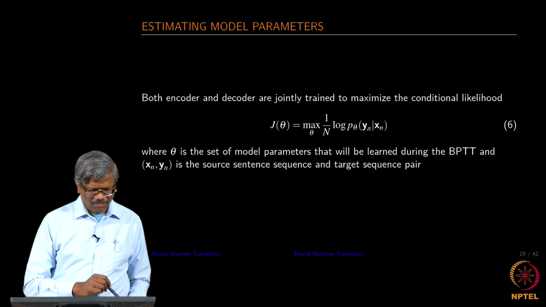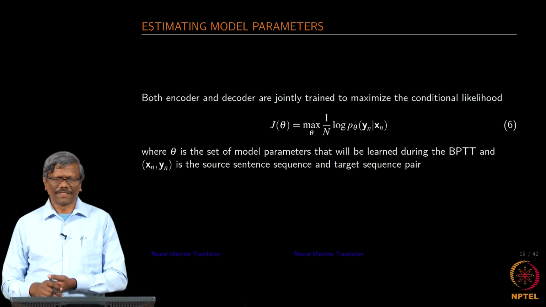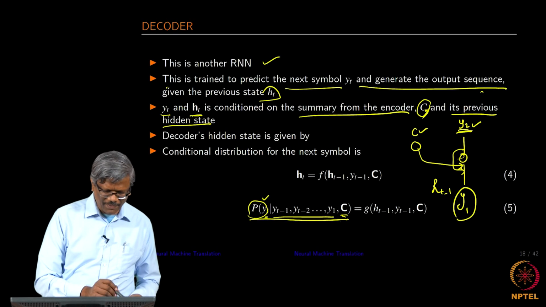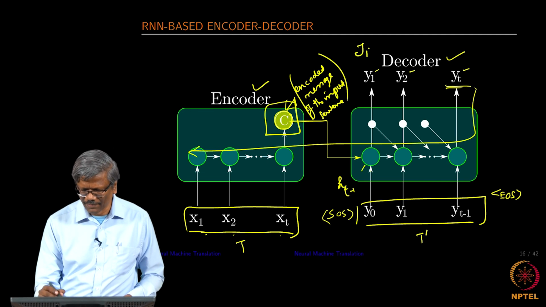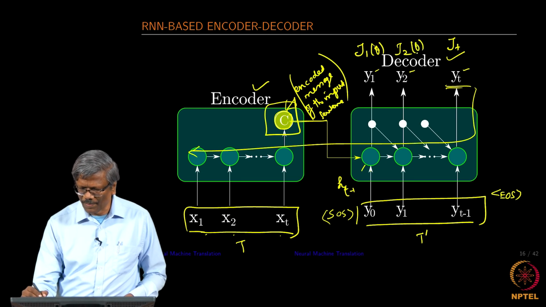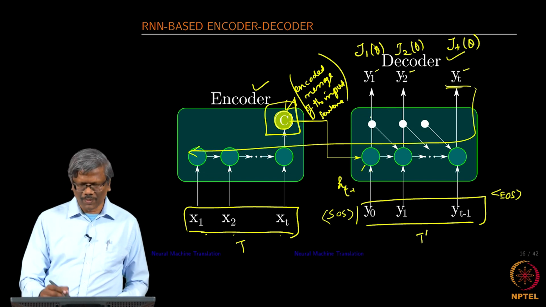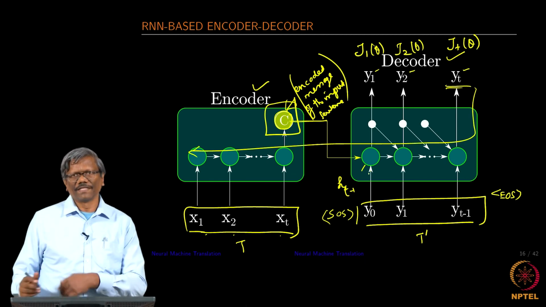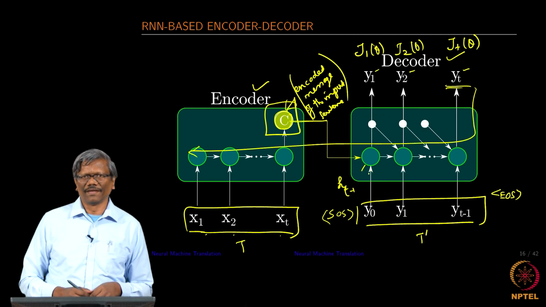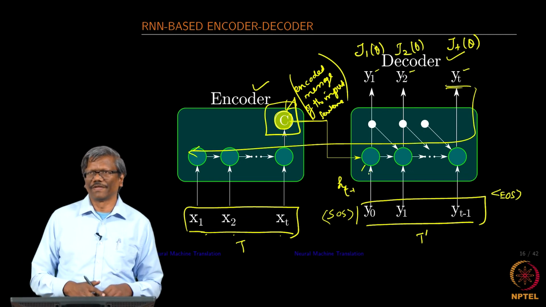So, next is how do we estimate the model parameters, right. Every time when we do the training part, there is an error that happens. So, we are estimating J1, J2, Jt. Theta is our model parameters that we are going to be estimating. Theta is nothing but the weights that are connecting the output to the hidden layer, the weights connecting the hidden to the hidden, the weights connecting the input to the hidden layers, and so on. If we have a more complex network, there will be more parameters that we need to estimate.